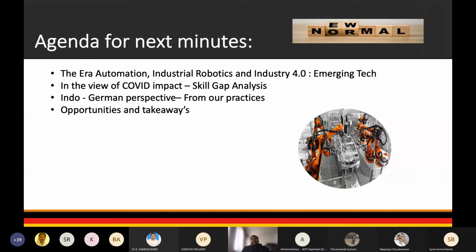And I would like to show some examples of how this technology is already being implemented in some manufacturing plants, considering one example from Germany. I would also like to provide some information on how COVID really impacted, and how the impact can be taken forward and taken backward by doing some kind of skill gap analysis. And I would like to throw some light on the German and Indian perspective from our practices. And of course, as you are spending some 60 to 90 minutes, I really would like to showcase some takeaways and how some proceedings can be taken forward, especially in the era of